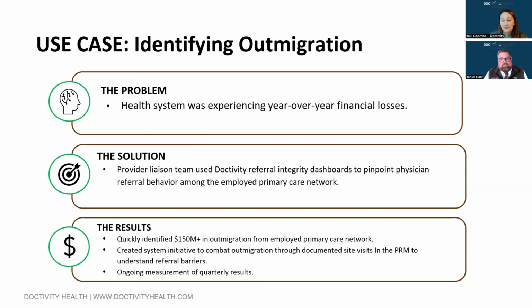And it's just a good reminder too that you can't do anything unless you have the right tools, right? Doctivity is a great system for giving people the ability to see what's actually happening in the market, to identify where the leakage is, where the outmigration is, and then once you know what the problem is, you can actually create effective tactics. Be it an access issue, be it whatever the actual issue happens to be. You can't really plan until you really know, and you have to have the information and the tools to know.